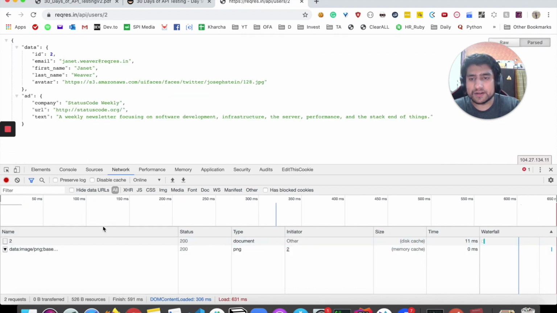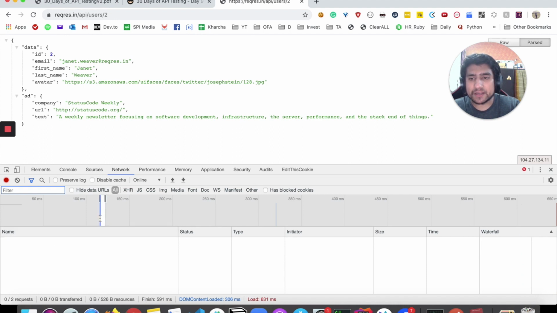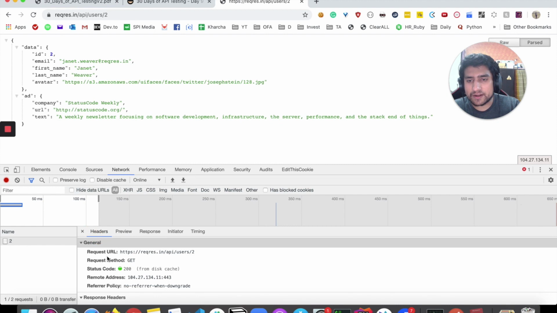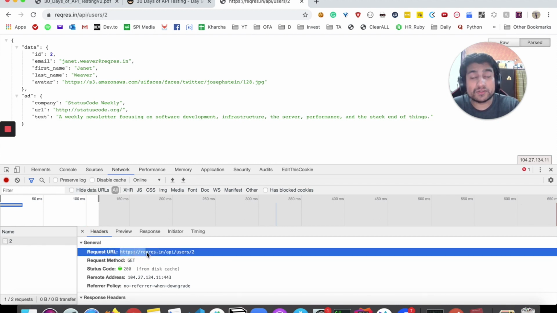If we go to the Network tab and pull it here, just make sure the window is right. If I click on Headers, this is that API, the request which is sent by the browser. Chrome DevTools can help you find exactly what API requests are made. It can show you GET, POST, PUT, PATCH requests depending upon it, but you cannot edit or manipulate it. You can only see what was sent and what the expected output was.